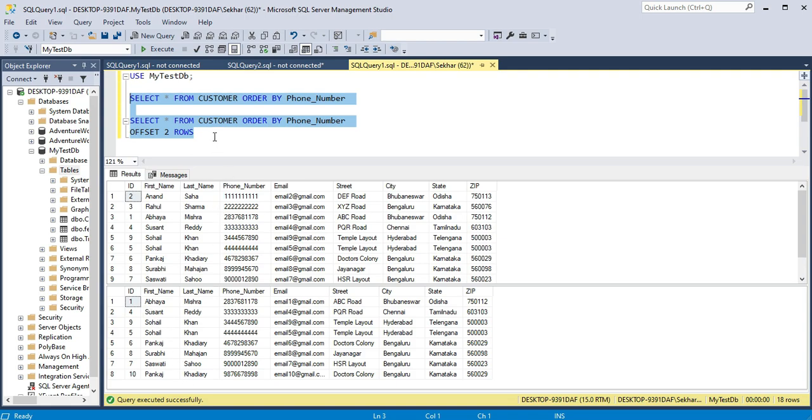Okay, so in this case it will not give you all the results, but it will just remove the first set of records that comes under OFFSET out of the ORDER BY. Now let's use FETCH after OFFSET.